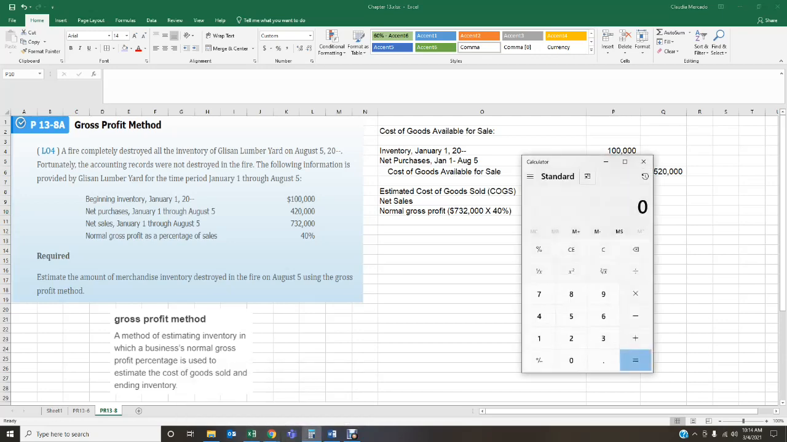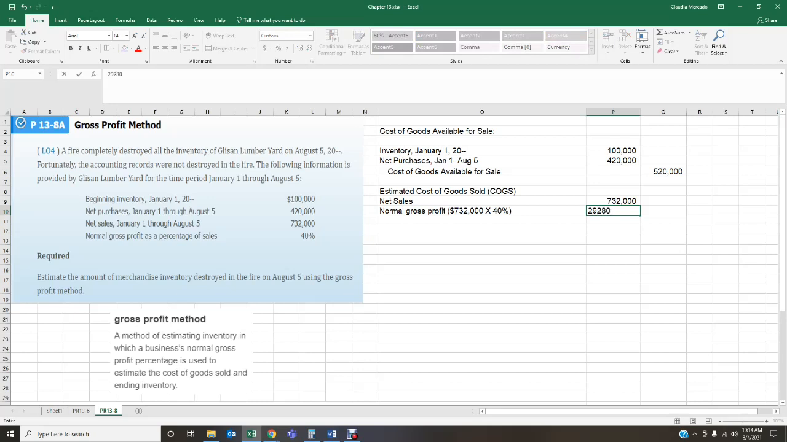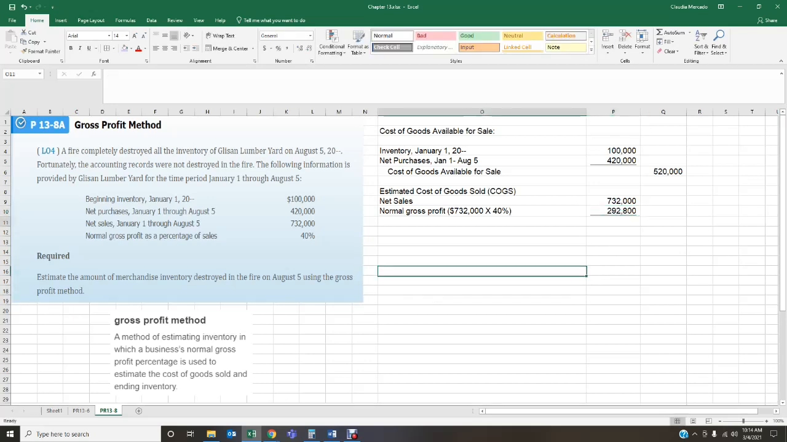So let me get my calculator out here. I sold my goods for $732,000. I'm going to multiply that by 40%. That gives me $292,800. That's my markup. That is how much profit I made on the sale of these goods. $292,800. Okay. So now that I have that, I can calculate my estimated